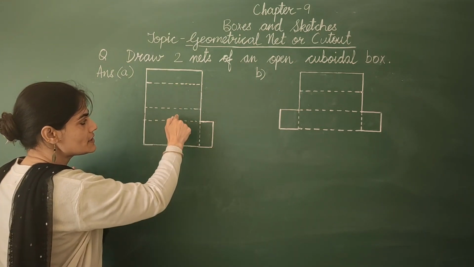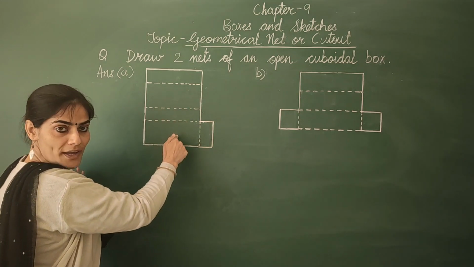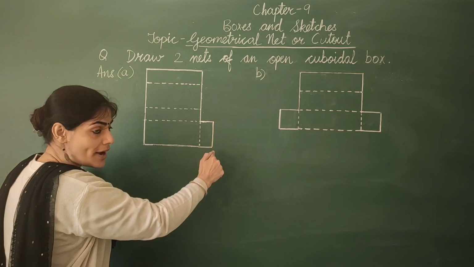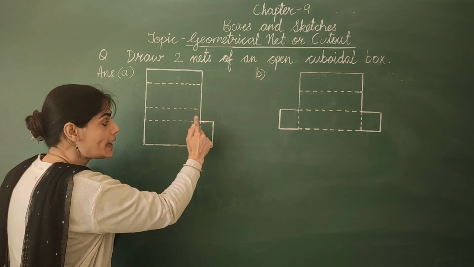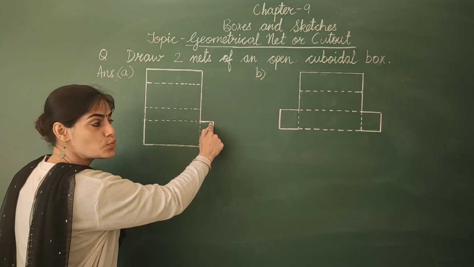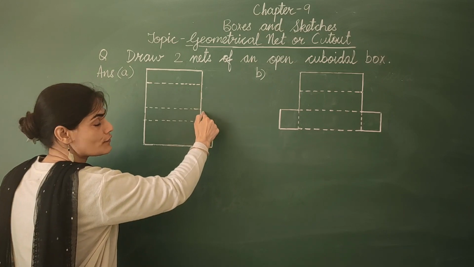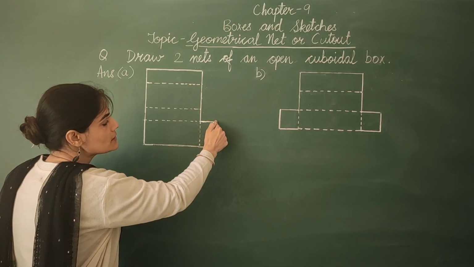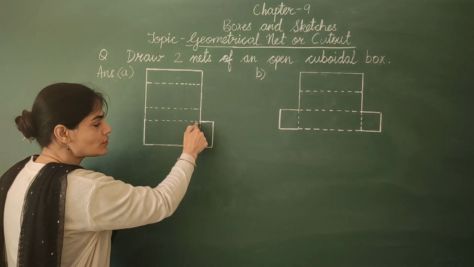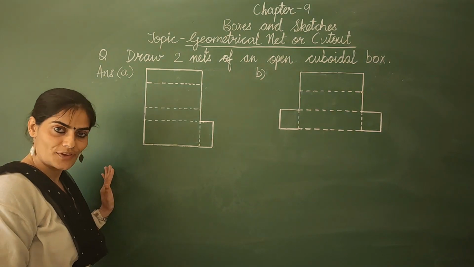Face 1 here is equal to face 3. Face 2 here is equal to face 4. And while drawing this one right side face, I kept the same things in mind, that the length of this face will be equal to the breadth of face 1 or face 3. And the breadth of this face is equal to the breadth of the side, which I have drawn this side face.